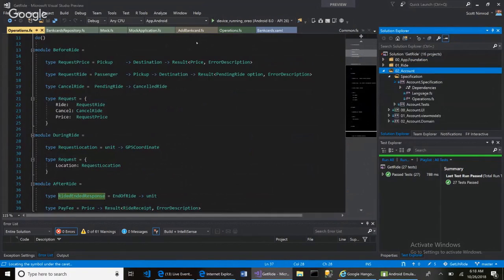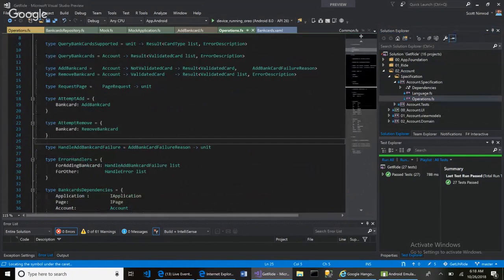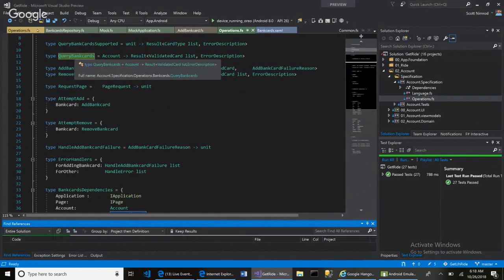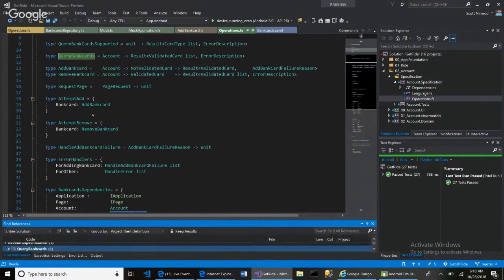specification, account.specification operations, then there should be a query bank cards right here that takes an account and returns a list of validated cards. Else, if there's some type of issue with this reliance on the external system for querying cards, we get an error description. So I want to see who references query cards. I hit Shift F12,